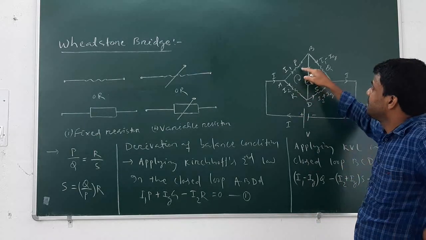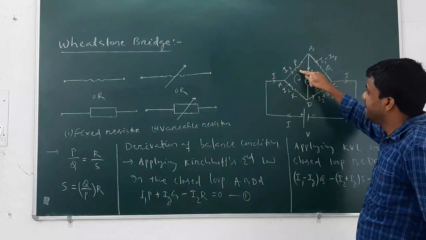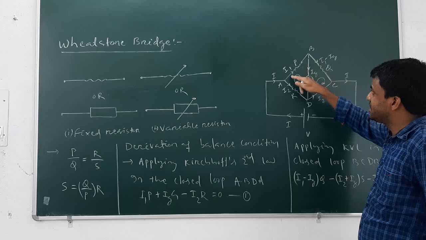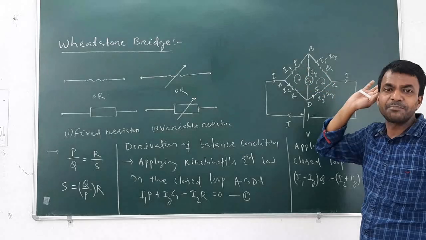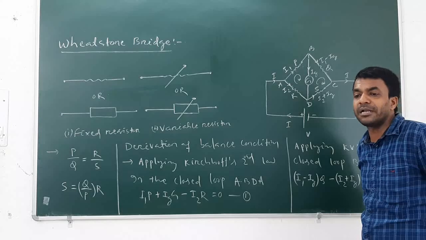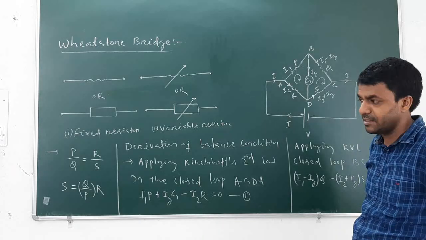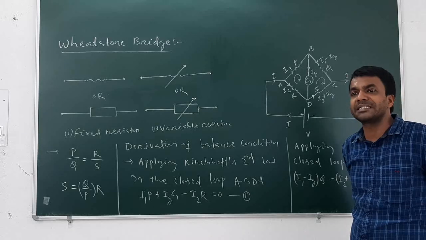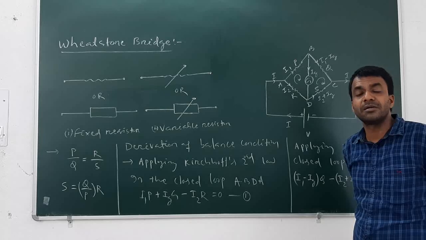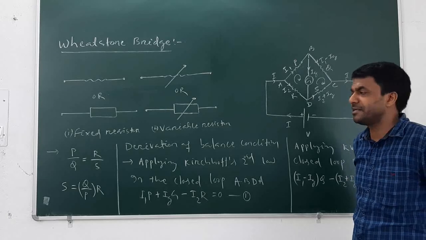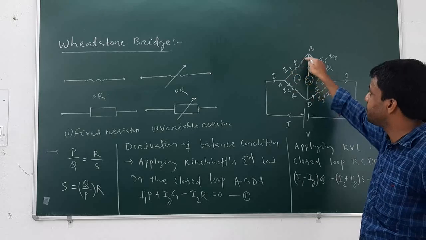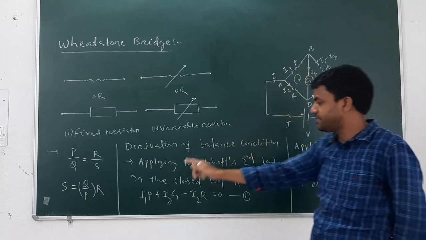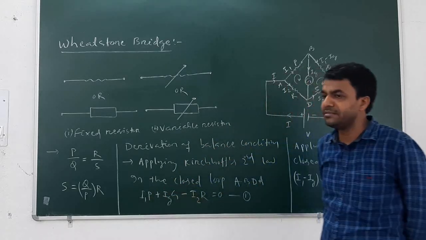But this happens by taking the sign conventions. Here in the branch AB, the direction of current is in the direction of the loop. Therefore, the product of current and resistance is positive. Whenever the direction of the loop is opposite to the direction of the current, then the product of current and resistance is taken as negative. Now, in this branch AB, the product of I1 and P, meaning current and resistance, is taken as positive. I have taken here I1P.